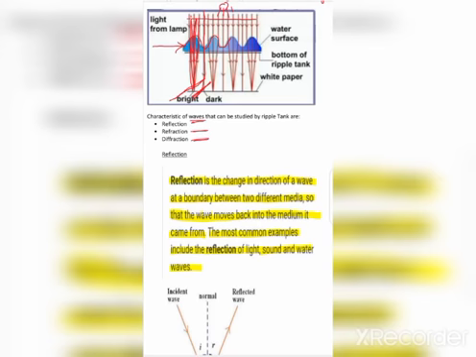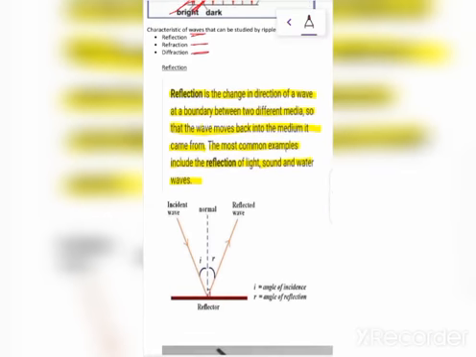Like you can see here in this figure, a light ray is coming. Suppose this is air and this is glass. So here are two media, one medium is air and the second is glass. The light ray is incident in air and striking the surface of glass. So this is called the incident ray. The light coming from the air is incident on the glass. When it strikes the boundary of the glass, it will reflect.